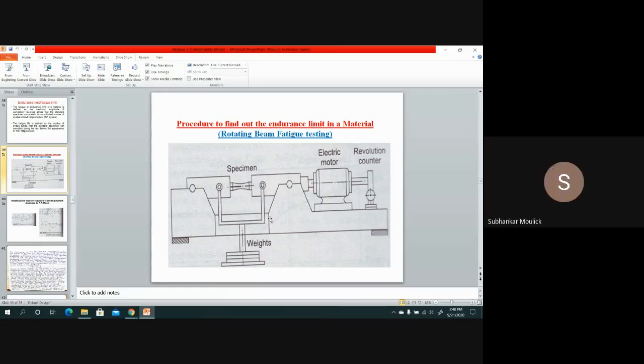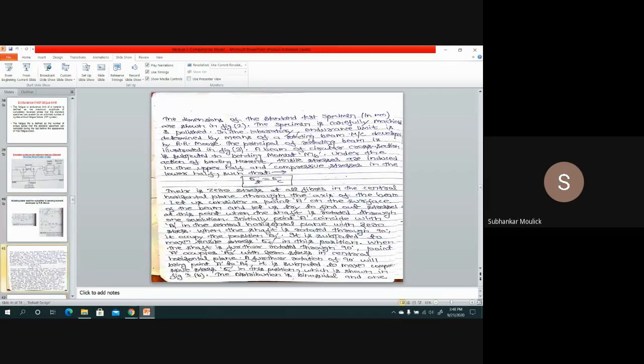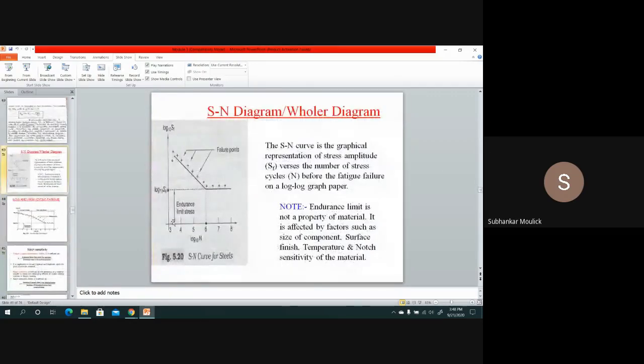Less time. How will it be less time? From this experiment, you get this graph, you get this S-N diagram, and in the S-N diagram, what do you find out? You find out the value of endurance limit at 10 to the power 6 cycles,